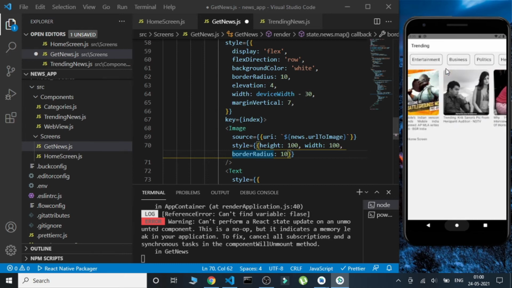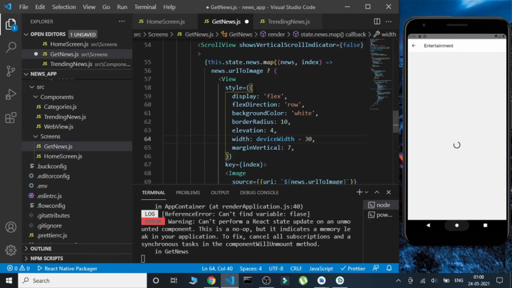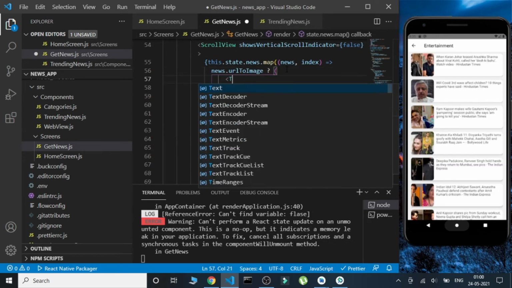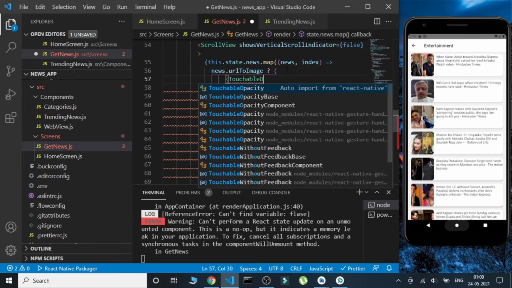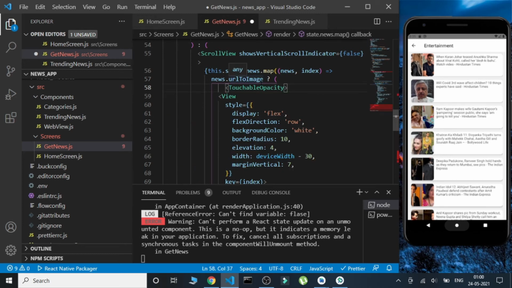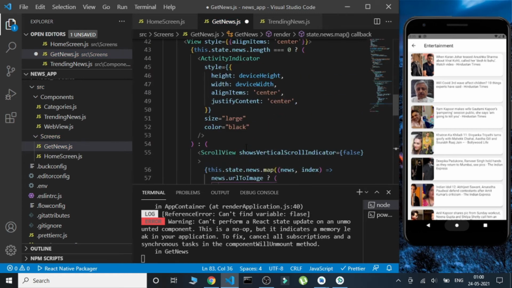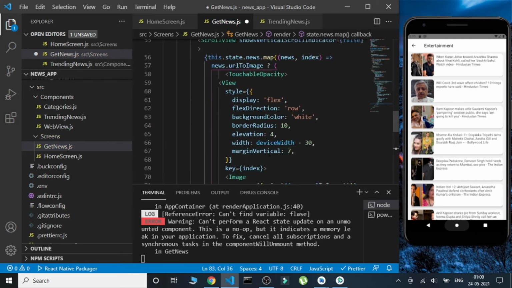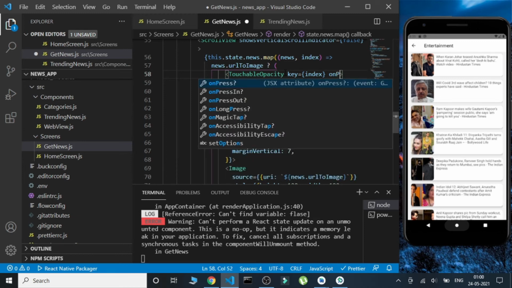Now we want to make these components clickable. In order to do that, we are going to use a touchable opacity here, and inside this touchable opacity we are going to call the component. One thing we want to do is keep the index on this, because now this is the parent, so the index will be here. On press,